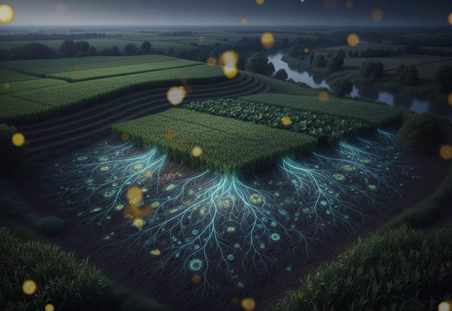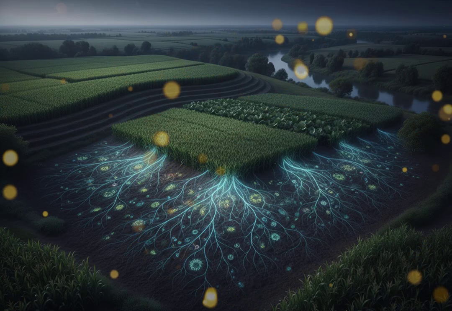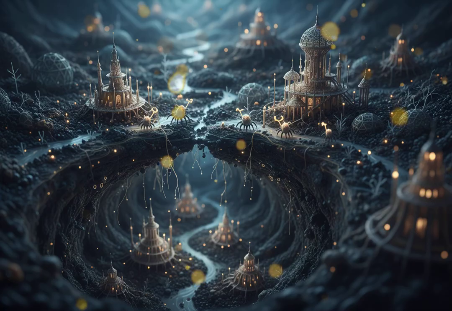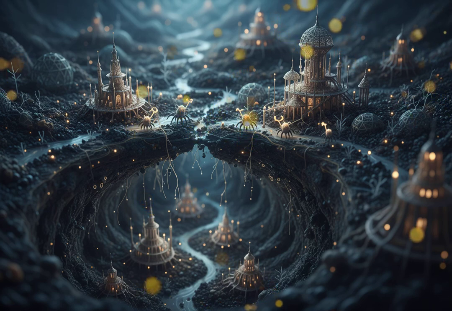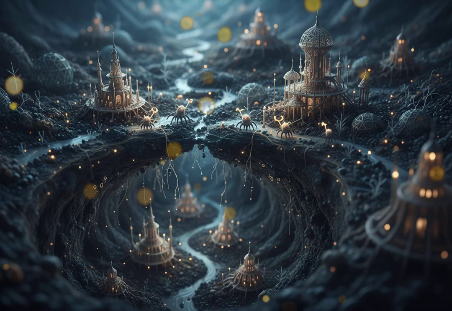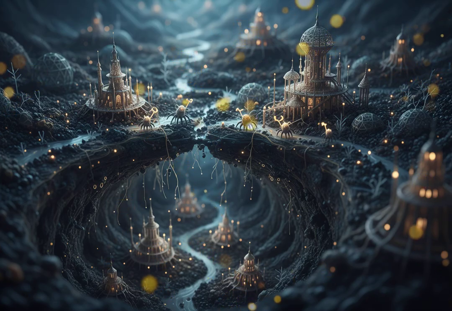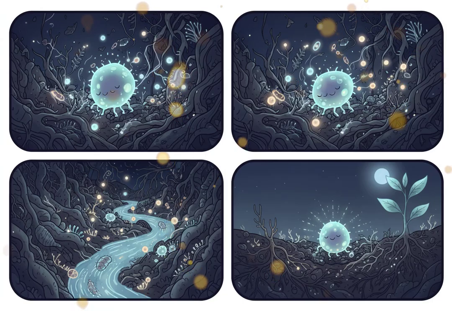As we envision the future of soil health, the role of education and awareness becomes increasingly vital. Imagine a world where individuals of all ages are equipped with a profound understanding of the significance of soil microbiology. This shift in perspective can empower communities to take actionable steps towards sustainable practices. Schools, community gardens, and local organizations can serve as hubs of knowledge, fostering a culture that values and nurtures the